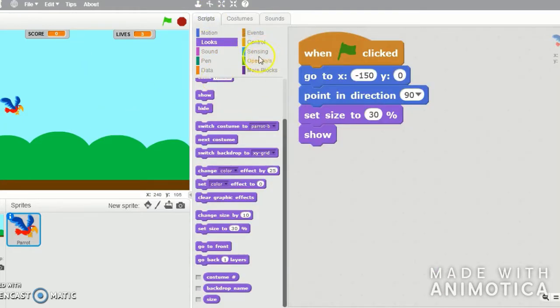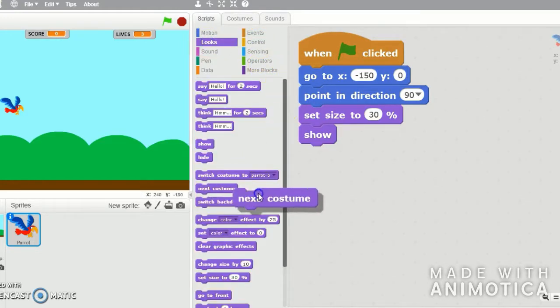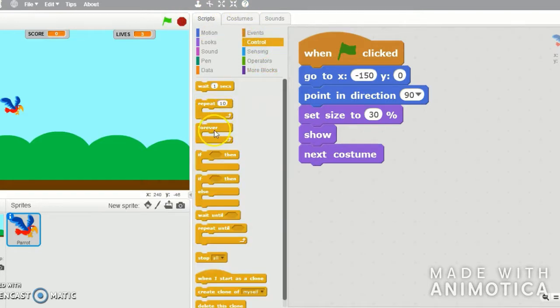So it's kind of building on code that you've used before. So if you go to control, okay, or if you just go to looks for a second, you go to next costume here. If we just connect that up here, you press the green flag, and he'll only change his costume once. So what we want to do is we want to make sure that he keeps flapping his wings. And I'll keep tapping the green flag here, and you can see he only flaps them wings when I press the green flag. So if we go to control, we can bring in our forever,